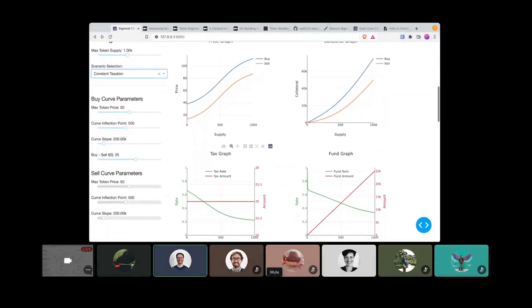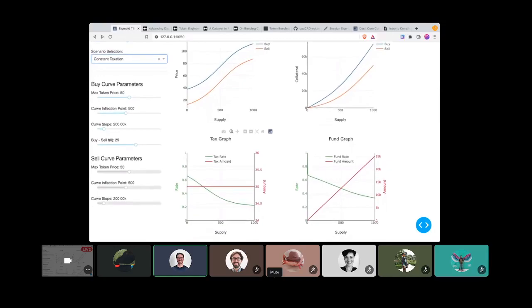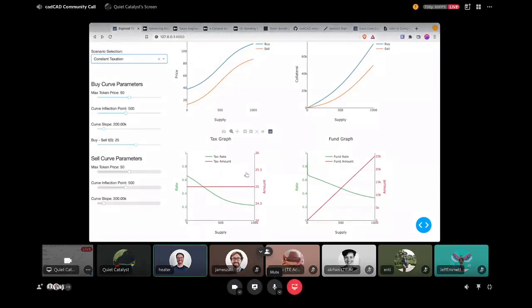I have a quick question. Through just analyzing some of the simulation graphs of the different scenario types, do you think you're able to make any generalized statements about which scenarios might be useful in different fundraising situations, or for different fundraising use cases? So you could raise funds for public goods, or for providing services, or for developing products. Just any generalized comments about what different scenarios might be useful for?